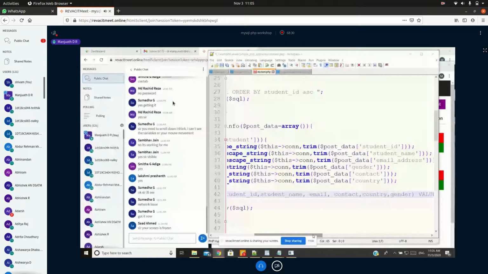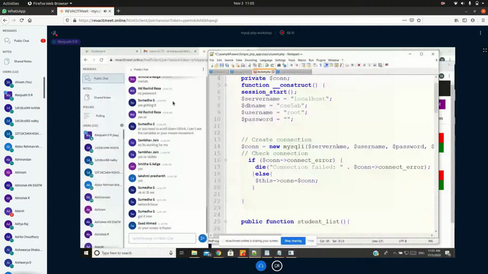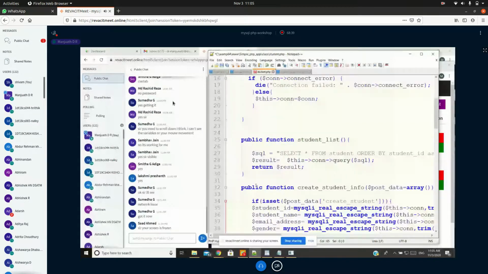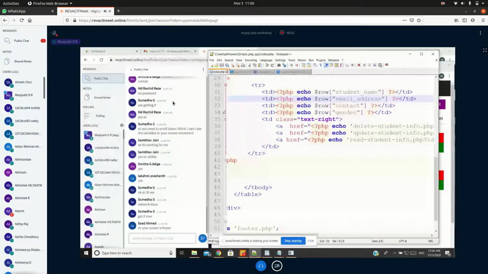Everything is the same, the only thing is to give email. Index 31. So this is email. So I'll execute this.